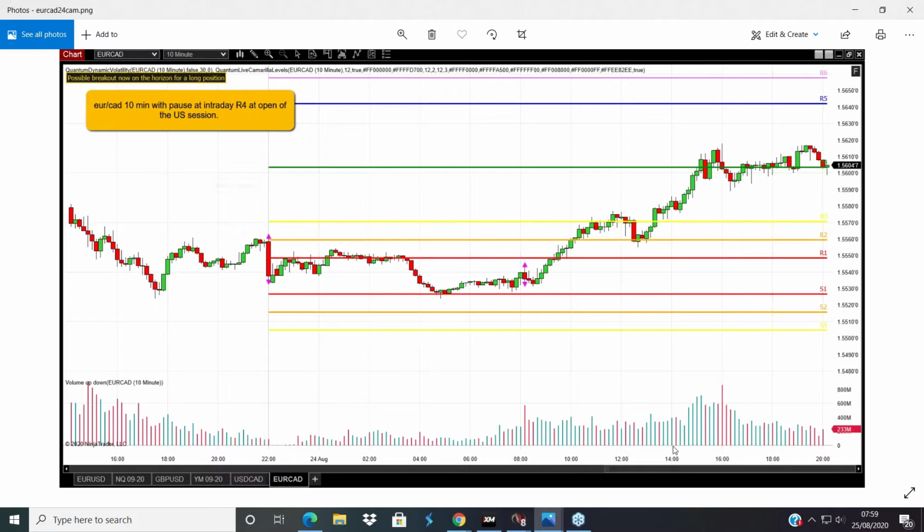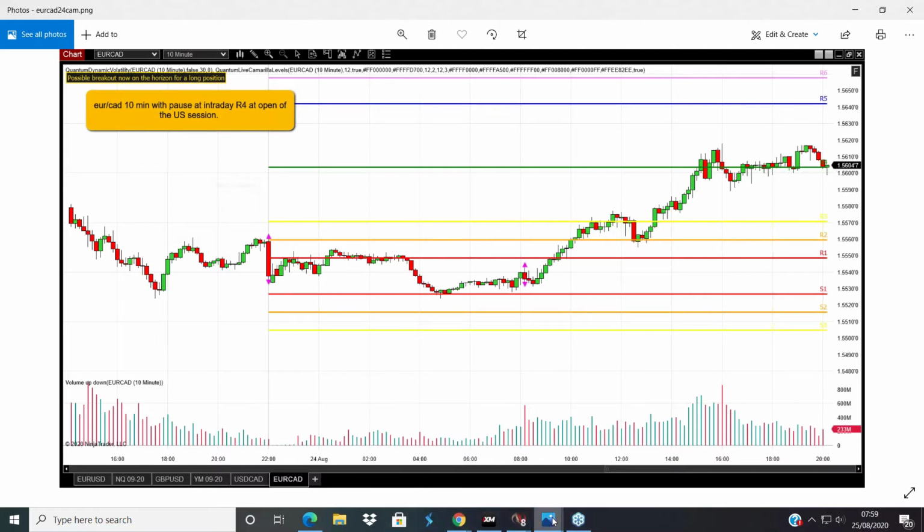Here is the start of the physical session, 2:30. We've got a ton of volume going in under here, but the price isn't going higher, because this is what VPA does. Not only does it confirm whether the price is genuine or not, it also highlights the anomalies. There's a ton of volume going in, but it didn't go anywhere. Partly possibly because it was the session crossover, but more importantly, it's hit this very important resistance level, which is the R4 on the Camarilla, and it's simply moved sideways.